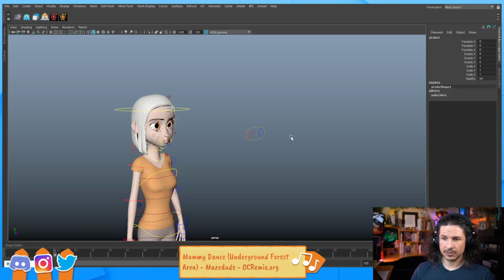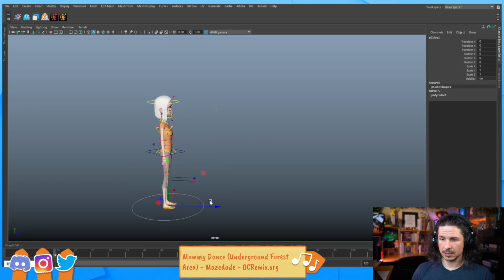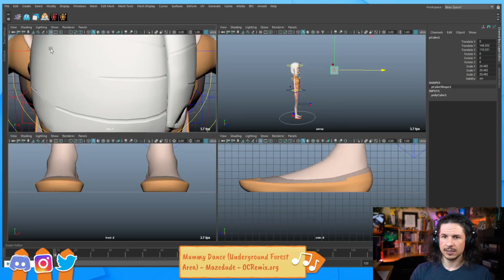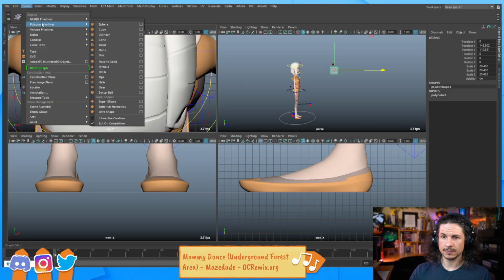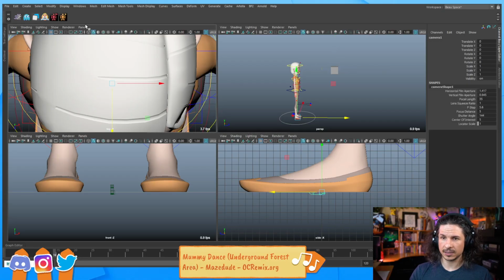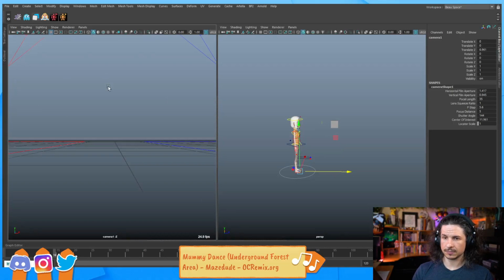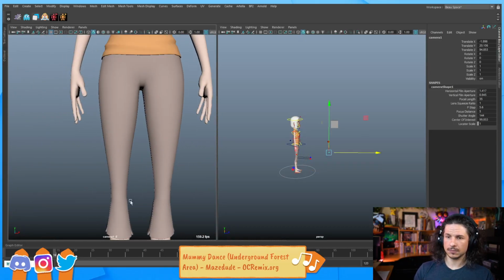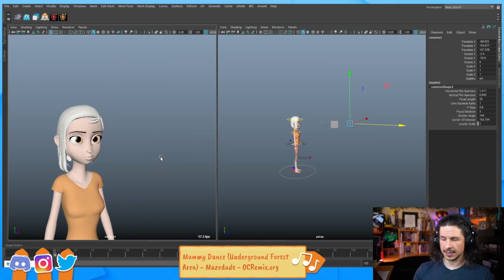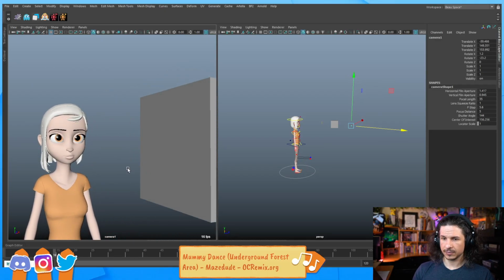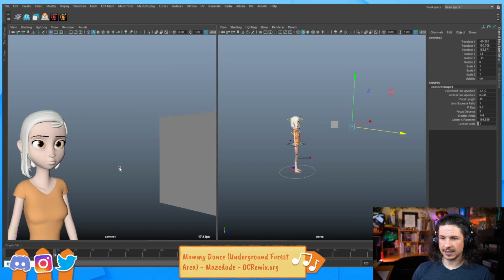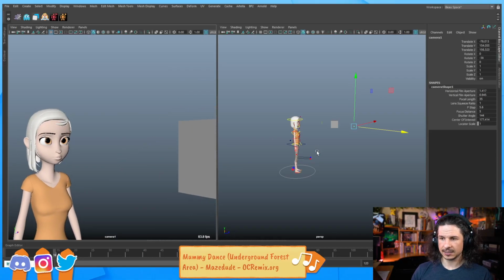So, for example, let's create a cube here. And I want this character to look at this cube. And just to make this a little easier, I'm going to create a new camera, and we're going to use this to frame up on the character's face here. Okay, so I've got a cube here. Now, if I want her to look at this cube and really feel like she's looking at it,